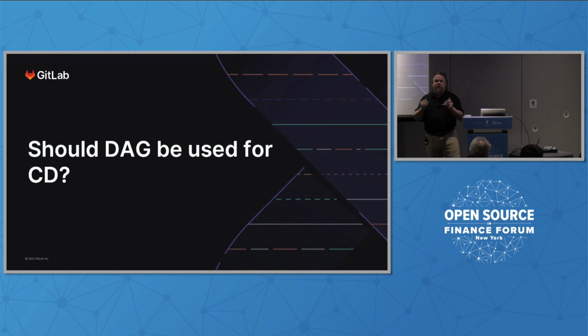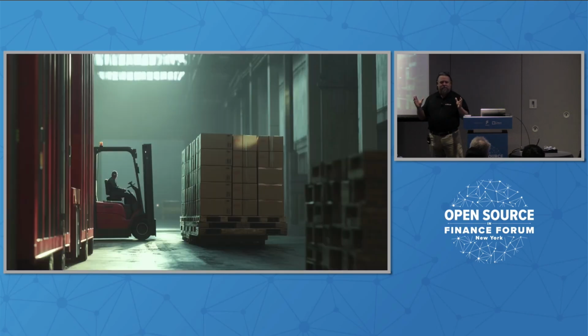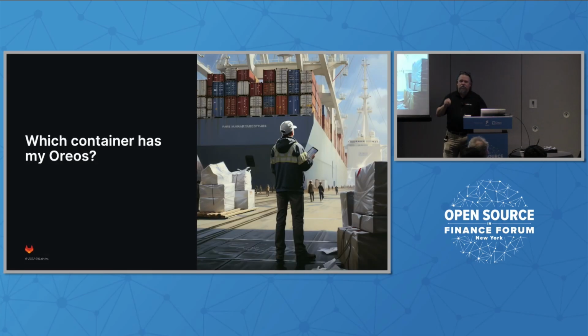And he said in our Think Big meeting, you know what? There's an alternative to this. And so now I was very intrigued. I love it when we innovate, we think big. So what if we can think about this from a perspective of, I now have all of my Oreos that are all packaged together in all these boxes, and all these boxes are then packaged together. And then as I move them in between different containers, I now know exactly which container on which ship at this specific point in time has my single Oreo.